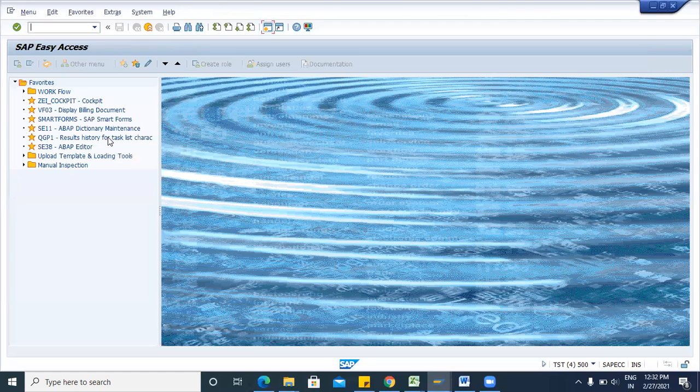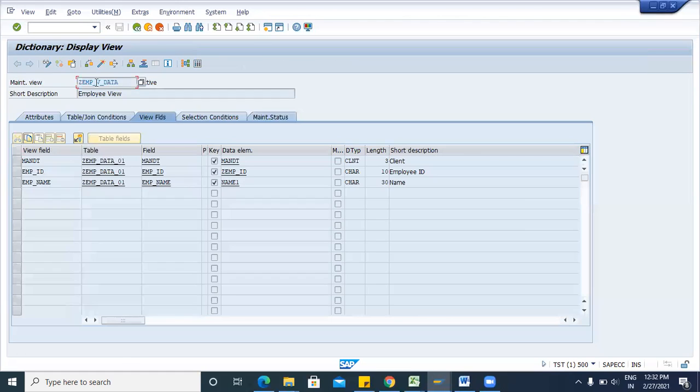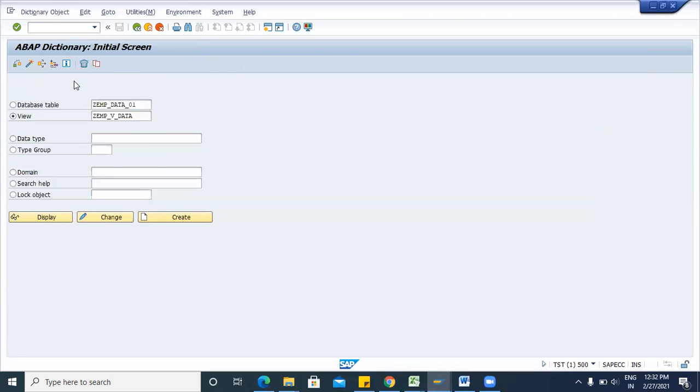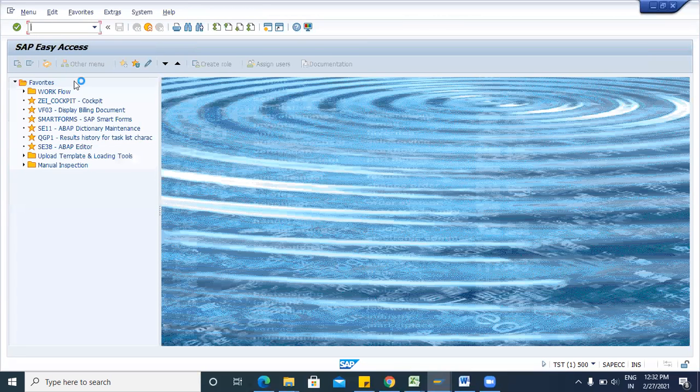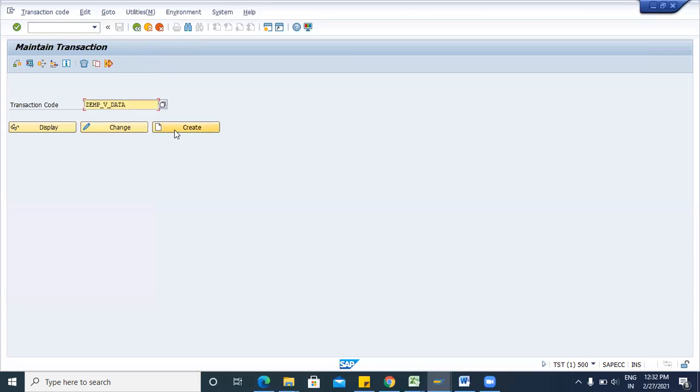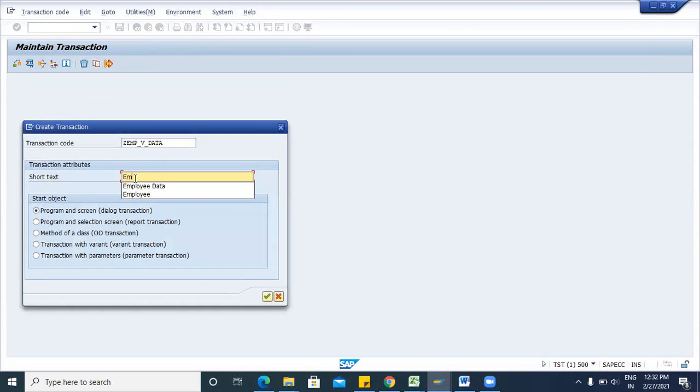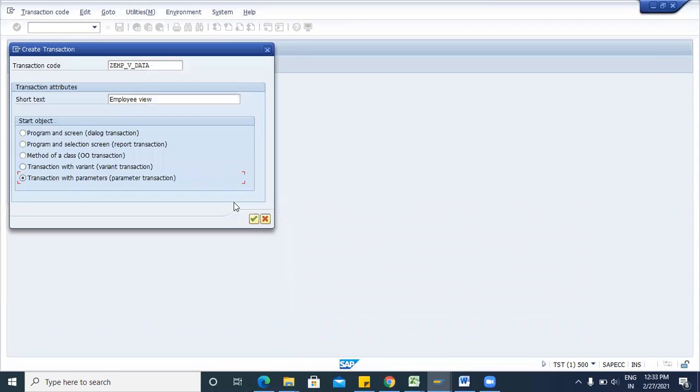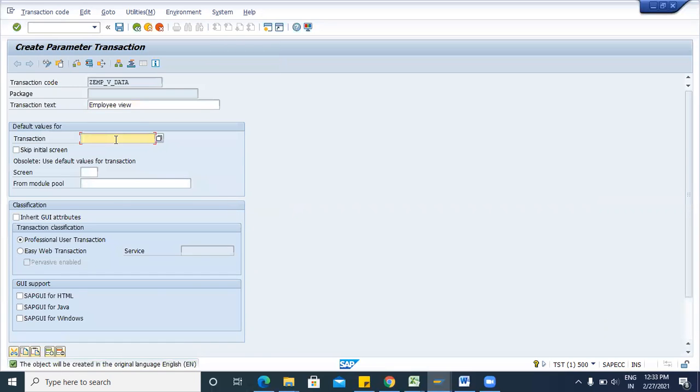that are mandatory to maintain, and create a T code. So now you can also create the custom T code of this view, employee view data. Same process, SE93 T code. You can also use view, create employee view. Same, we will select this radio button, transaction with parameters, because I have explained that if you are working on the table or view, then we will always select transaction with parameters